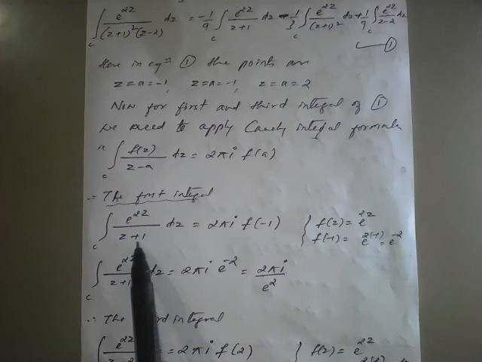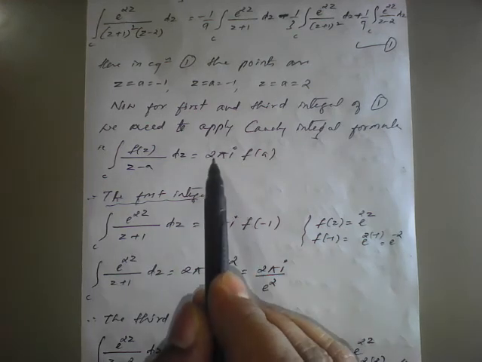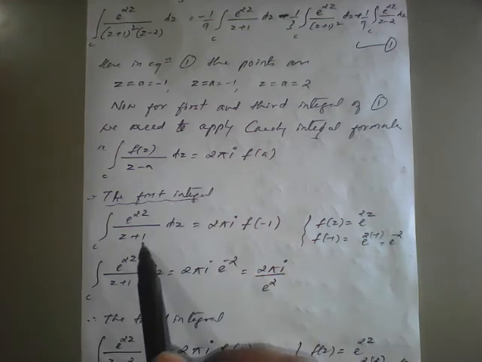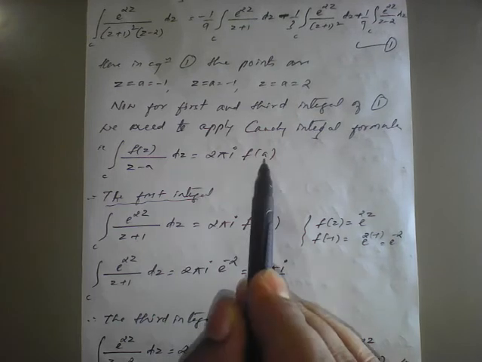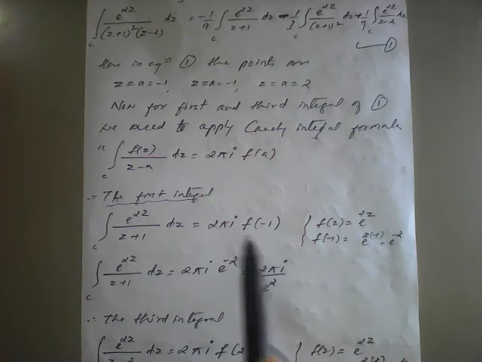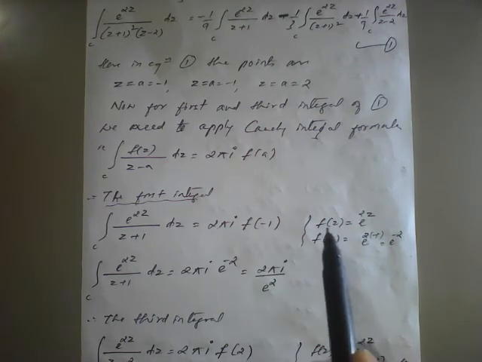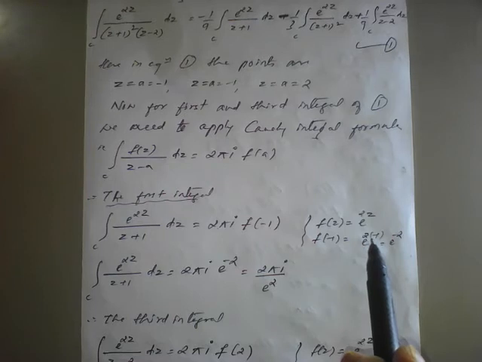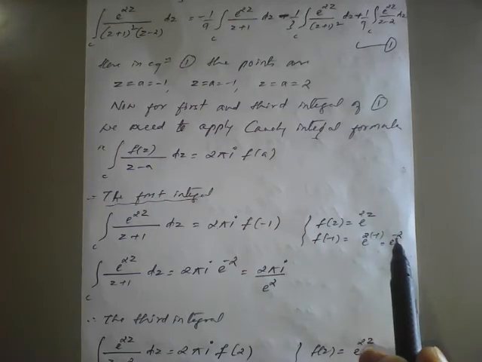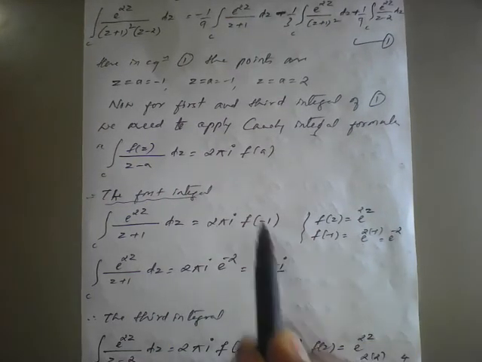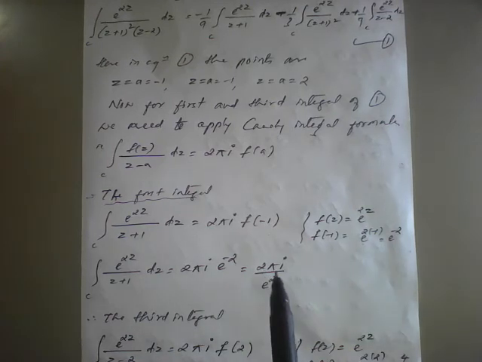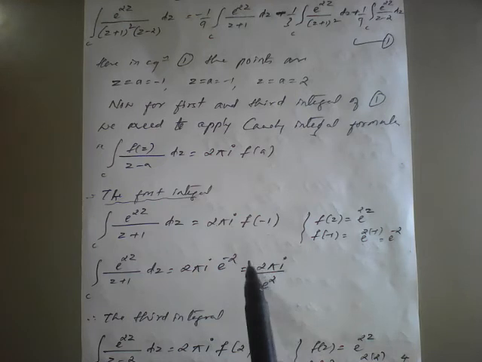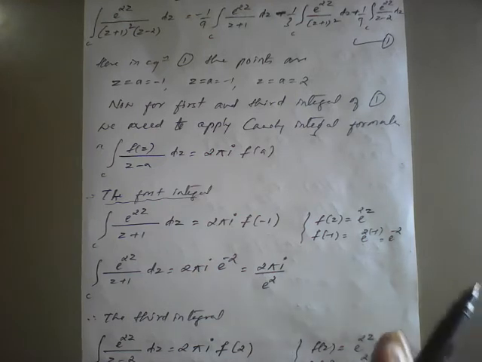So here we need to apply z value as minus 1, so 2 pi i times the value of f at minus 1. This a value we need to apply in f of z. Our f of z is nothing but e raised to 2z. Replace z is equal to minus 1 here, so it becomes e raised to minus 2. So f of minus 1 is e raised to minus 2, which can be rewritten as 2 pi i, e raised to minus 2, that is 1 upon e raised to 2. Similarly